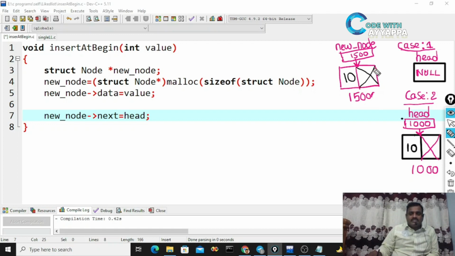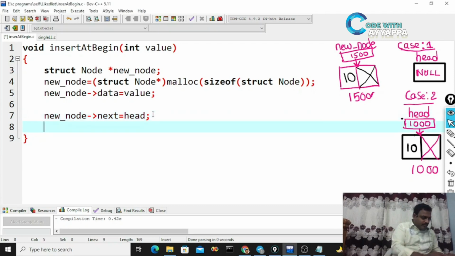The new linked list contains a single node. This will be the head. That is nothing but head equal to new_node. So change head equal to new_node. That's all.